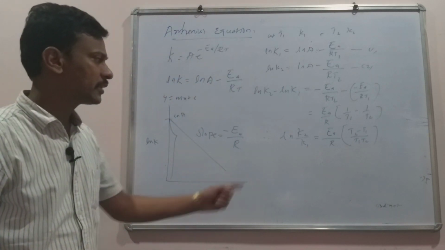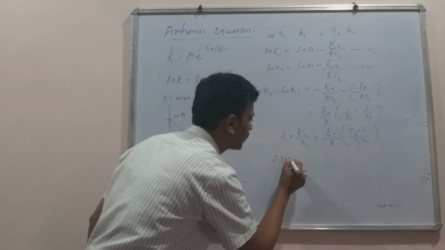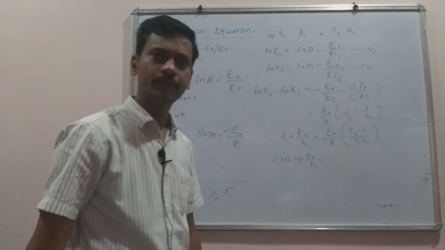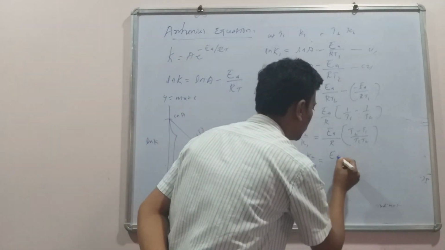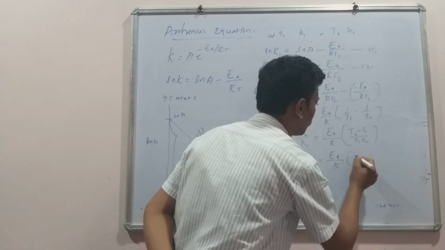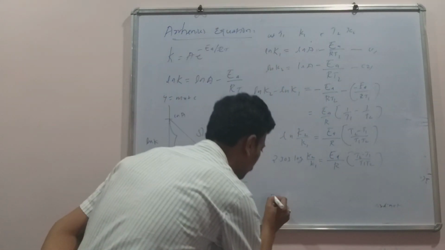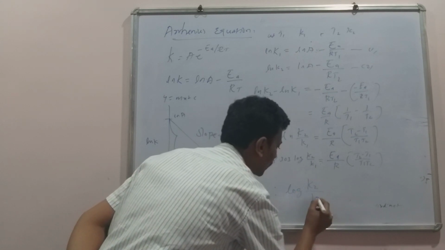Now this ln is converted into log. Then 2.303 log k2 upon k1 is equal to Ea divided by R into T2 minus T1 upon T1 T2. Therefore, the final equation is log k2 upon k1 is equal